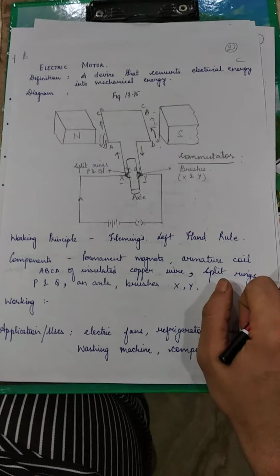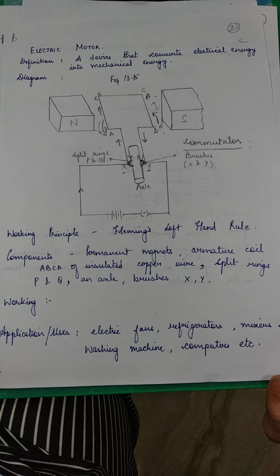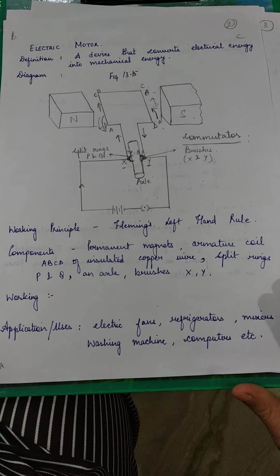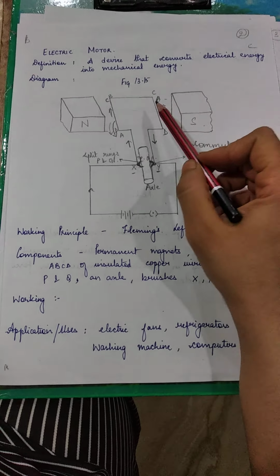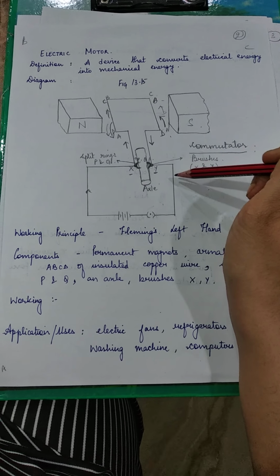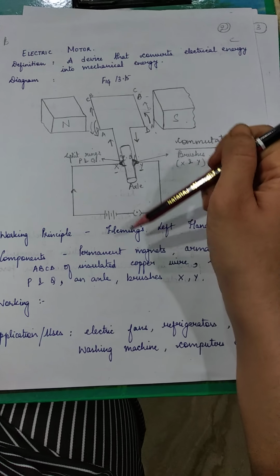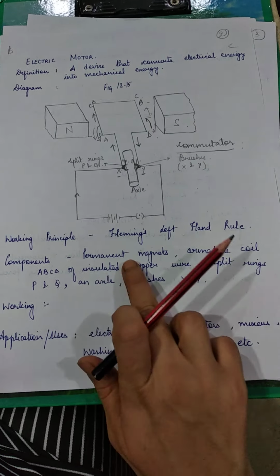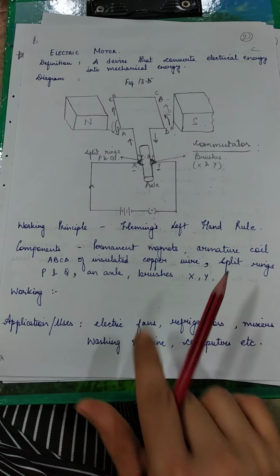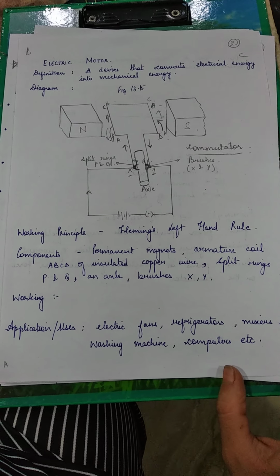So in the working part, I'll be sending you notes where you'll be describing the proper working of this electric motor, and you'll be memorizing it in such a way. So how are you supposed to attempt this question? First of all, you'll be defining what an electric motor is, followed by a proper labeled diagram, then the working principle, the components, right? The working and the function of each component, the working of the electric motor and the function of the components that are used, and the last of all would be its uses or applications, right? I hope it's clear to you, students.